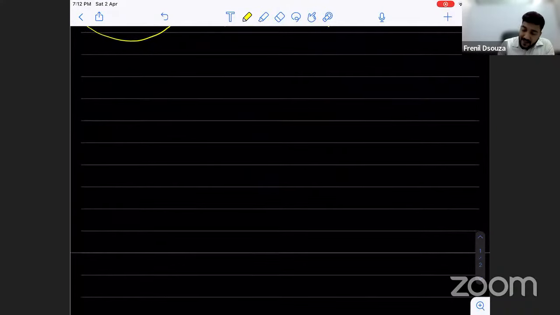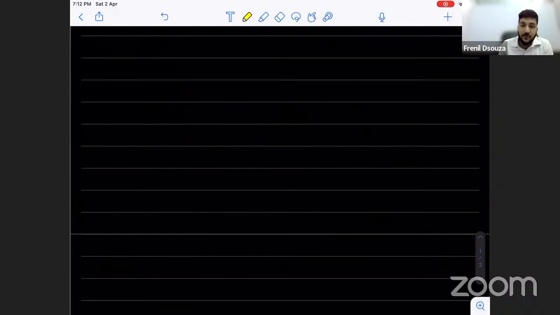Now, in national income accounting, we have 2 different units. The first unit is national income accounting, and the second unit is the determination of national income, the Keynesian theory, right? And now, first let us look into national income. What is the meaning of it, and what is it exactly, right? Why do we calculate national income?